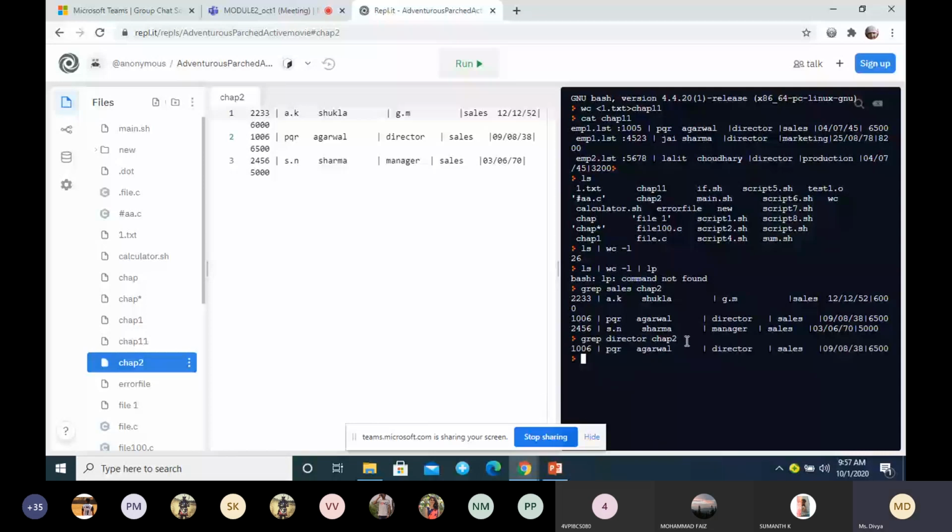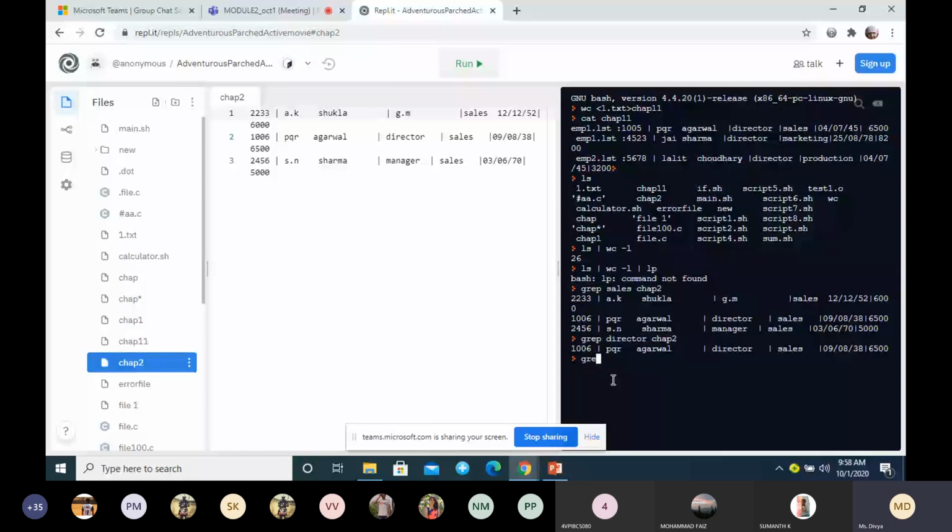One line. That line will be displayed. Is it clear? You can expect this grep command to be asked in GATE exams and NET exams.